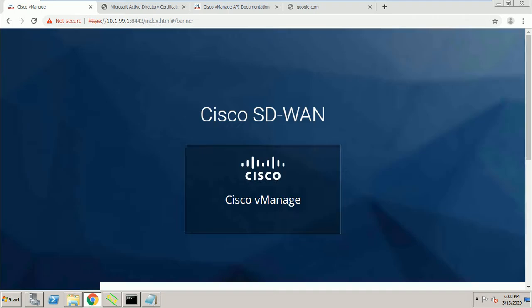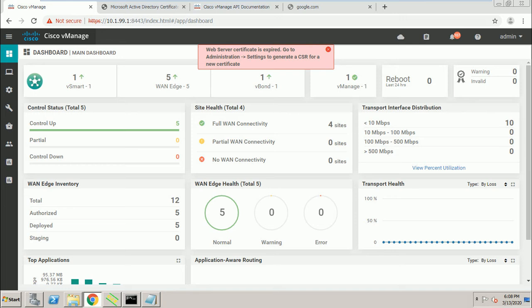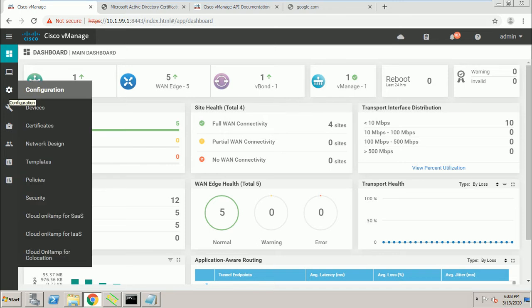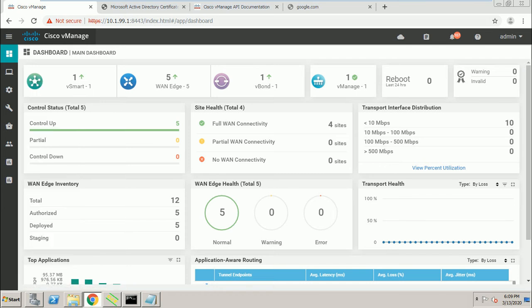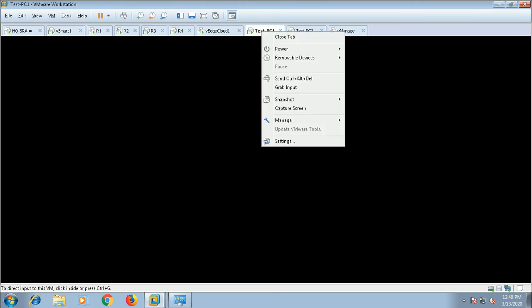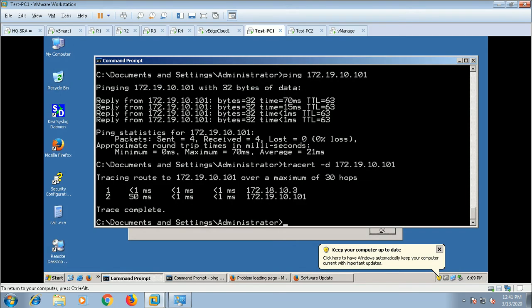So login in the vManage, and then go to where is the option security. So first I will go to router number 3, test PC1, and from here I will check Cisco admin 3. From here I want to ping first